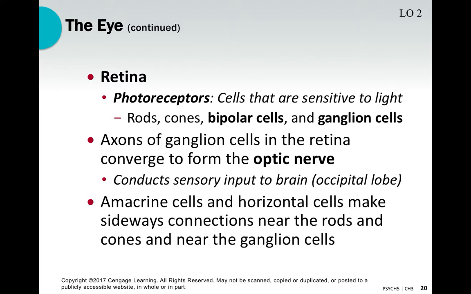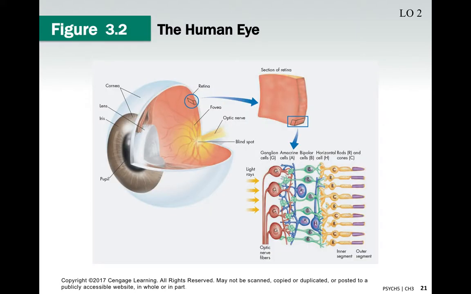We also have, this is a little more information than you necessarily need for this course, but hey, it'll be good for you if you're at a party and you really want to sound smart. You have amacrine cells and horizontal cells. These also make connections with rods and cones and the ganglion cells. They're part of this whole process of facilitating light to the eyes, to the brain, back to the eyes. So this will make a little more sense in the next slide when you see an actual diagram of the human eye. Here's all that stuff I was talking about.